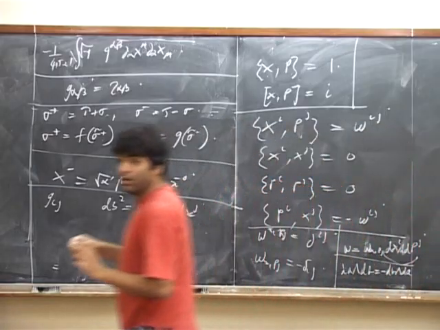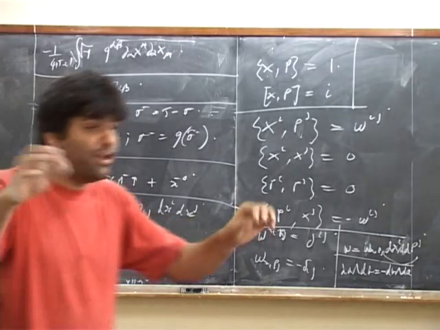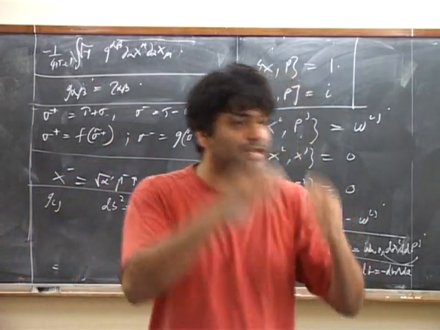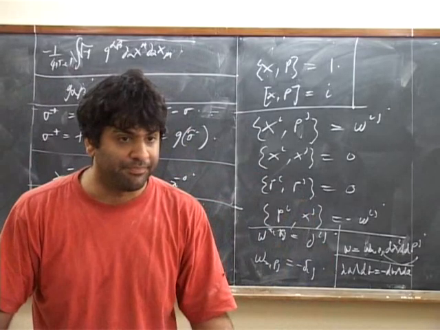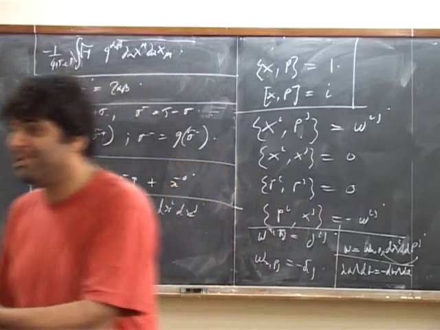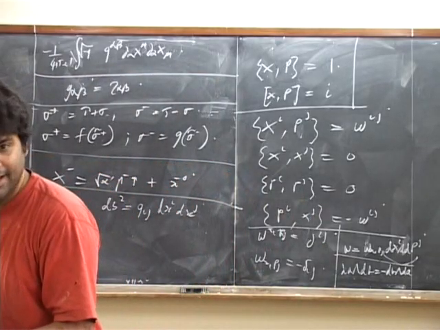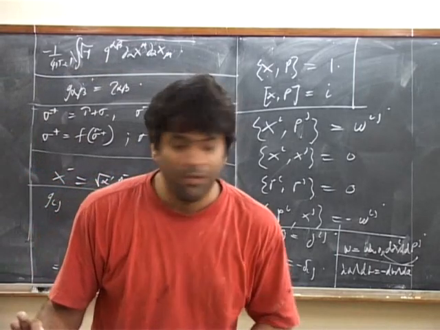Okay? So if you use x and y to label solutions, the symplectic structure on that labeling of solutions is just delta x wedge delta p. But the symplectic form is a geometric object and can be expressed in any coordinates. So once you have a parametrization of phase space,